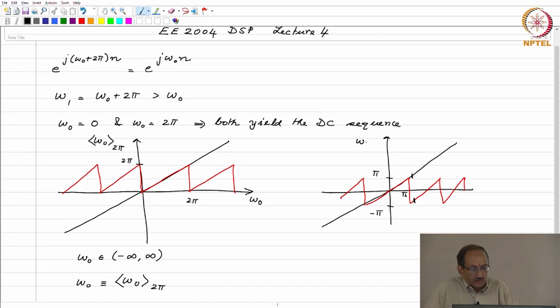Let me call this omega 1, and omega 1 belongs to the interval minus pi to pi. And looking at omega in this range between minus pi and pi, you get a feel for why the signal frequency slows down. If you now plot mod omega 1,